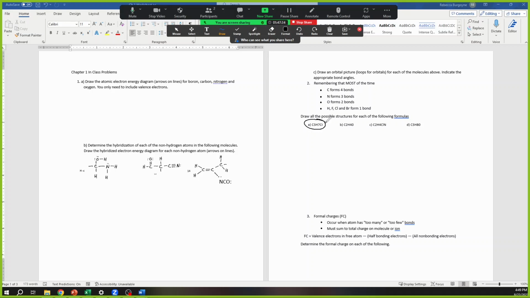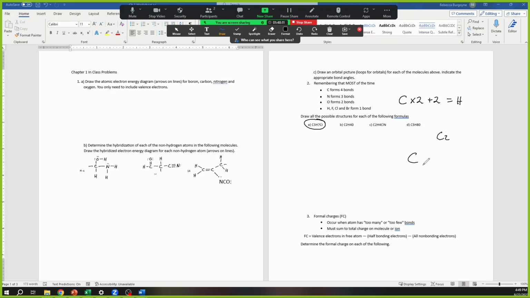We have 3 carbons, 7 hydrogens, and a chloride. A quick formula for you to know is that if there are no double bonds, no triple bonds, no ring structures, the number of carbons you have times 2 plus 2 equals the number of hydrogens you have. Okay, so for example, if you have